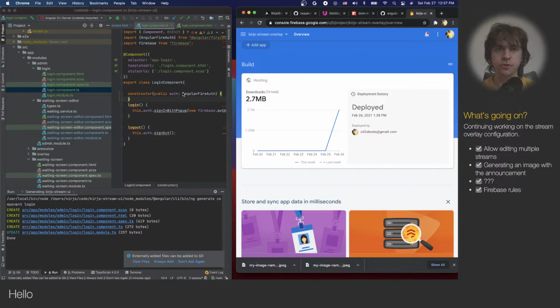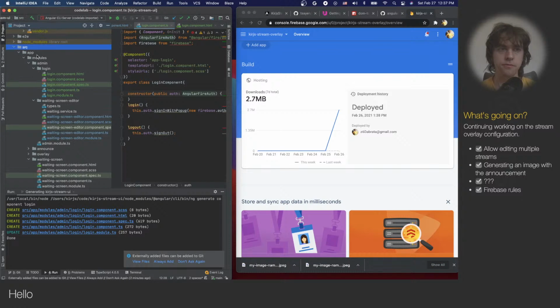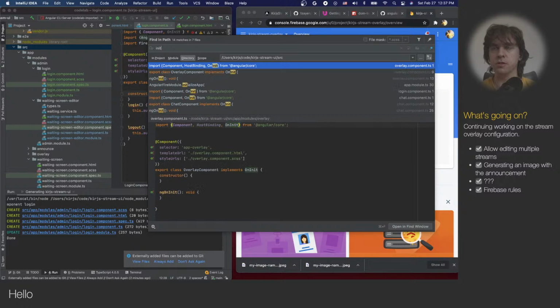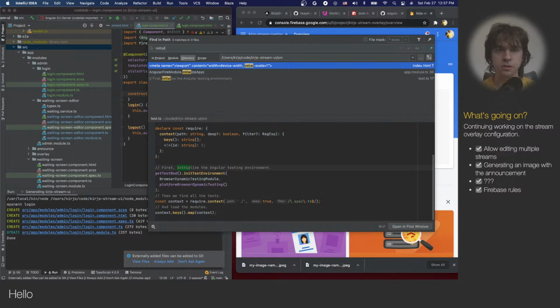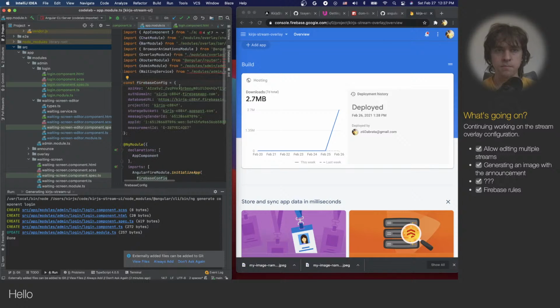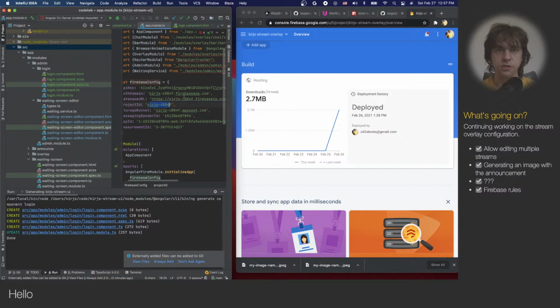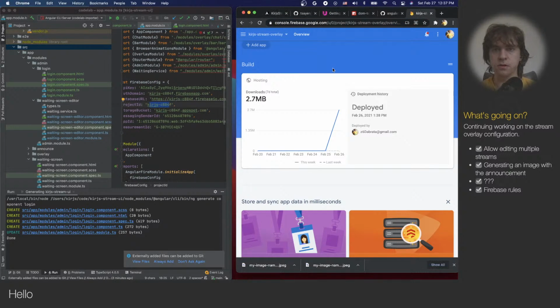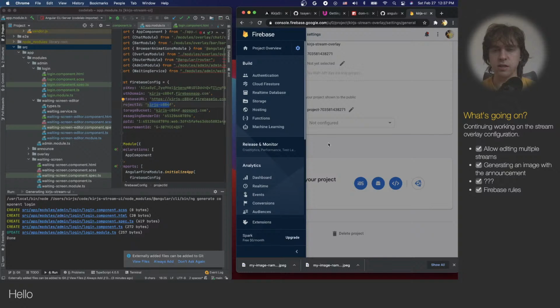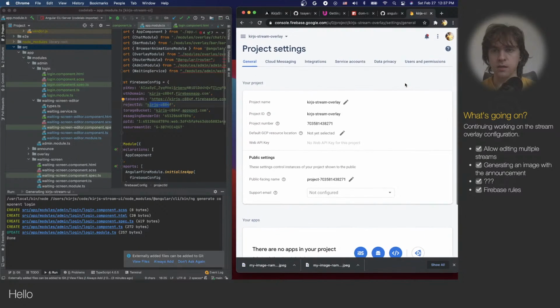So I've been using the Firebase app configuration which is from a different project. Initialize app. Yeah, so this is from a different project. I want to use this project for the stream overlay, so I can basically start from scratch. I think I can just go to project settings and then